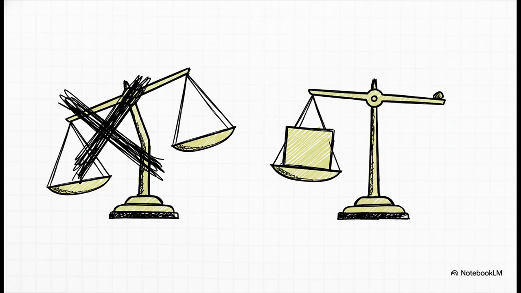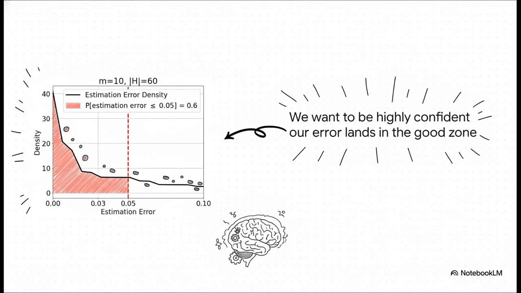Well, PAC Learning is brutally honest about this. It says, look, you can never be 100% certain. Just forget about it. But, and this is a huge but, we can get a guarantee that is highly, highly probable. We can get to a point where we are, say, 99% sure that our model is as good as we think it is. This graph shows you exactly what that means.